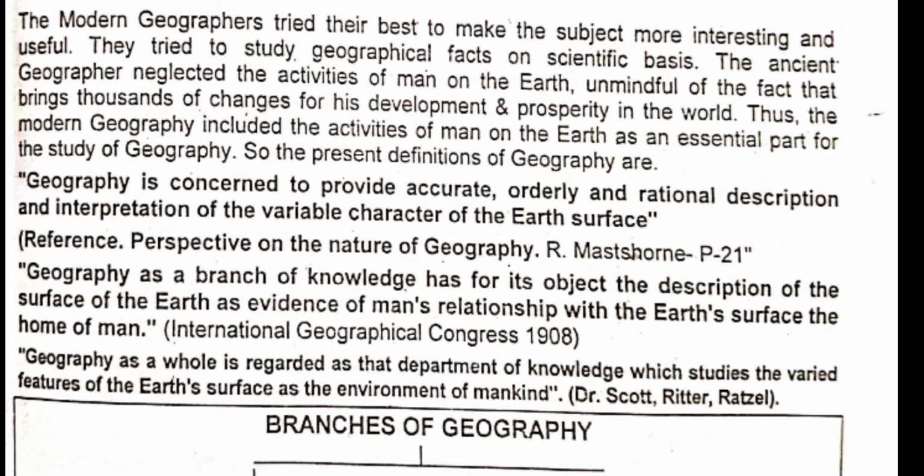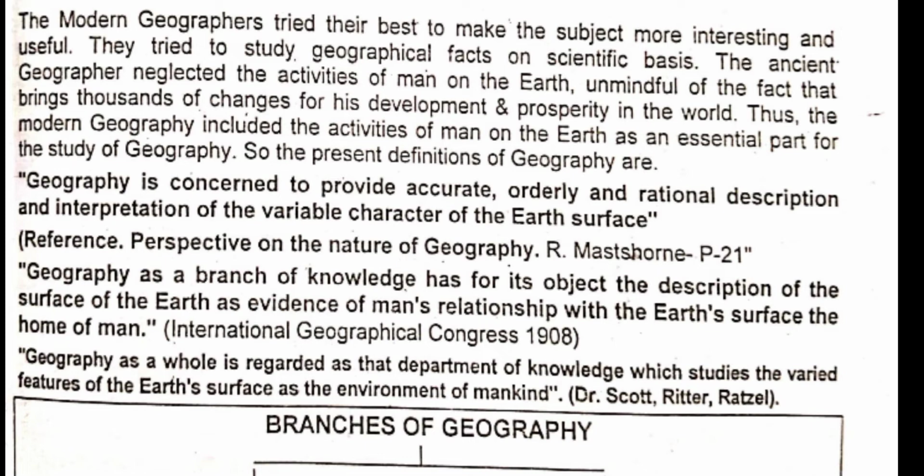geography. So, the present definitions of geography are: geography is concerned to provide the accurate, orderly, and rational description and interpretation of the variable character of the Earth's surface. This definition belongs to R. Mashon, and another definition according to the International Geographical Congress in 1908 said, "Geography as a branch of science has for